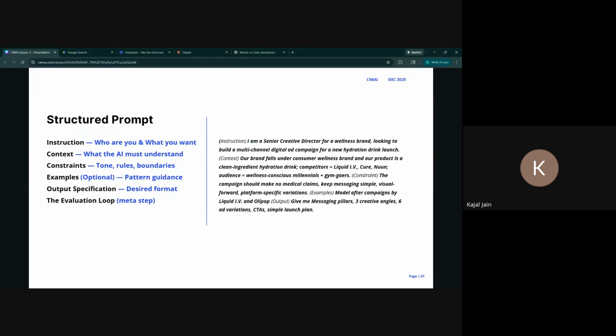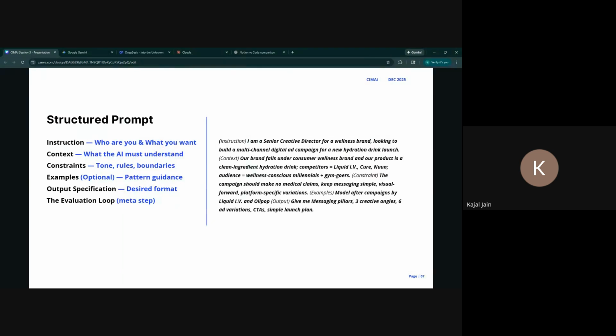The constraints were the campaign shouldn't make any medical claims, keep the messaging simple, visual forward, with platform specific variations. And then for my example, I had plugged in model after campaigns by our competitors, which are Liquid IV and Olipop.